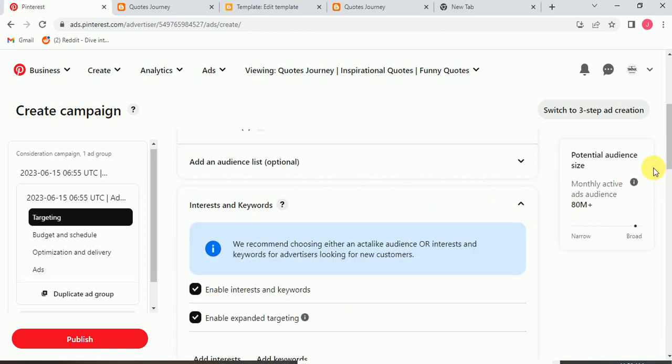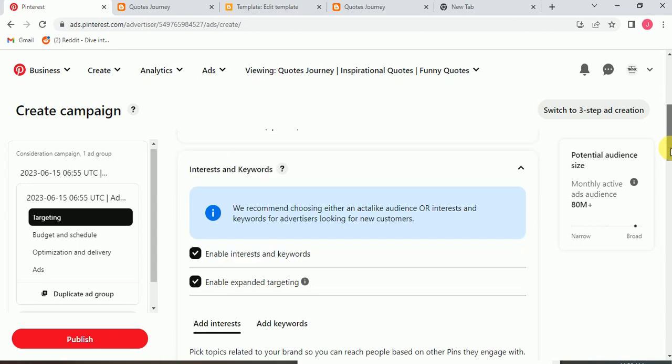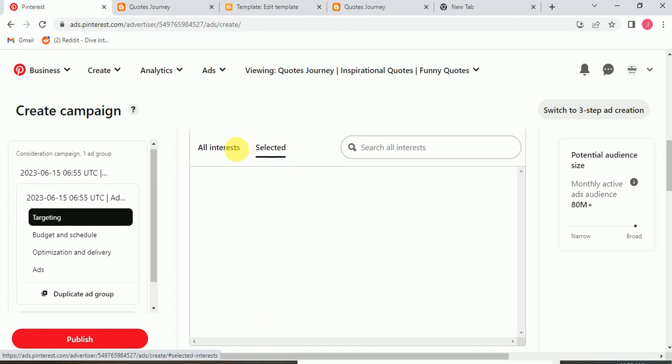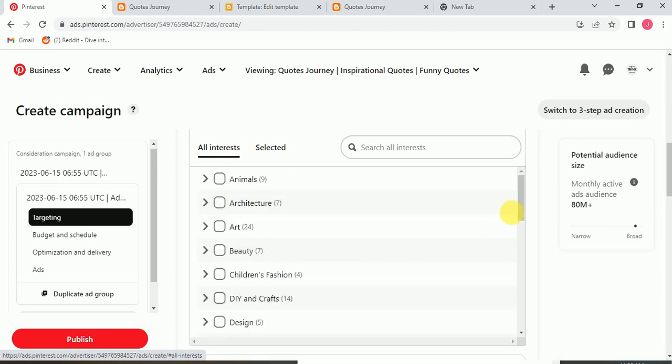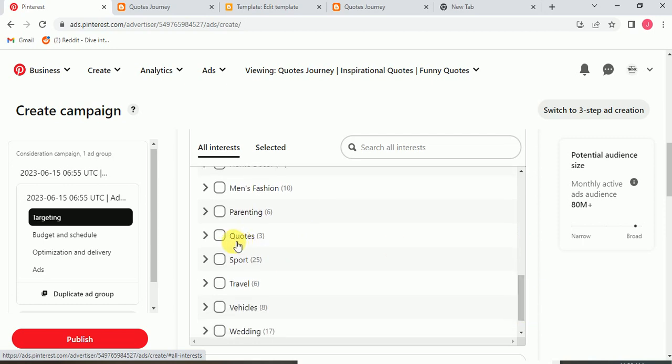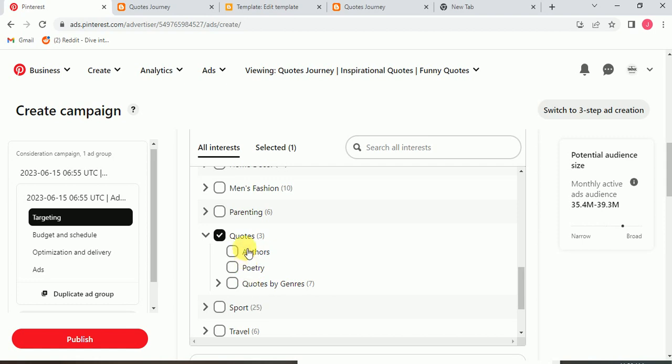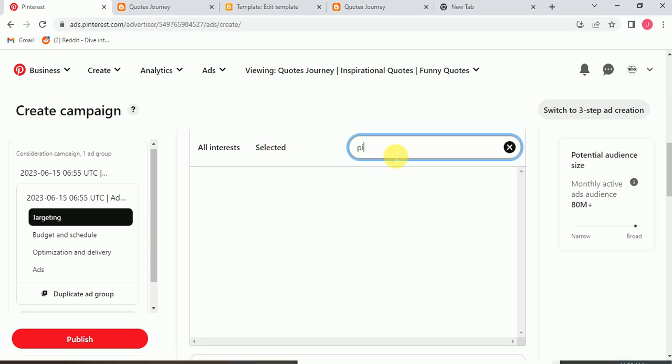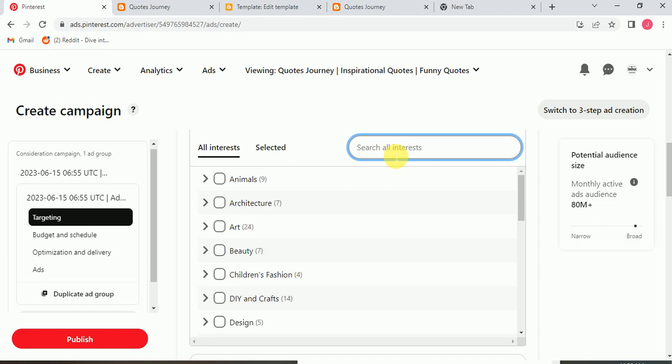Guys, believe me, this is a very effective method for Pinterest keyword research. So these are all interests, click on select, and that's it. You can also select your interest if your niche is in the interests. My niche is in interest: quotes, author, poetry, quotes by genre. But I do not want to select this one. I click on selected, and here I write